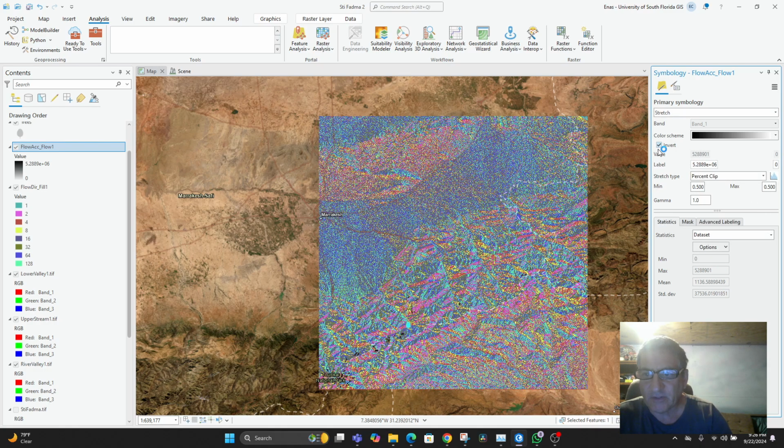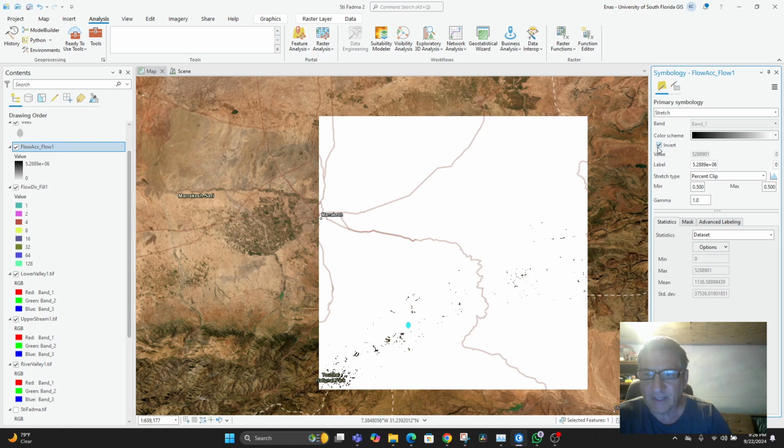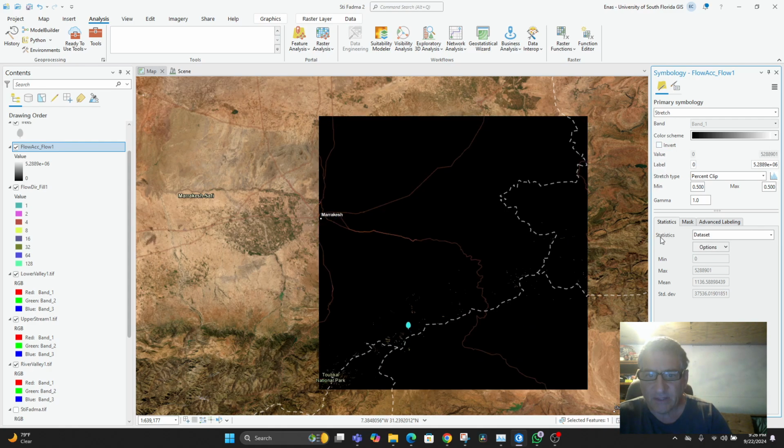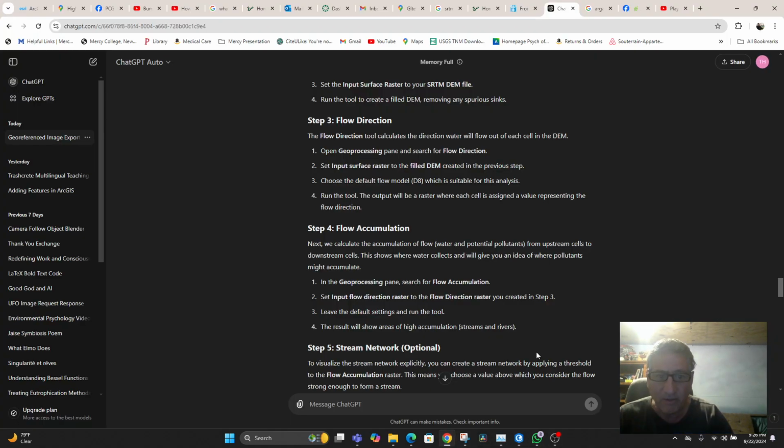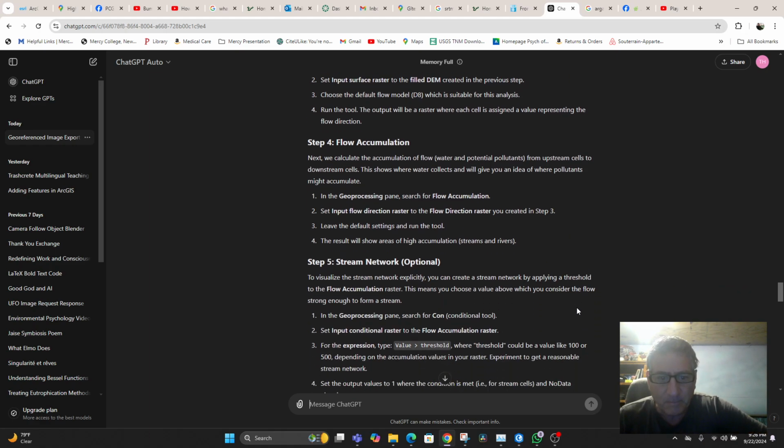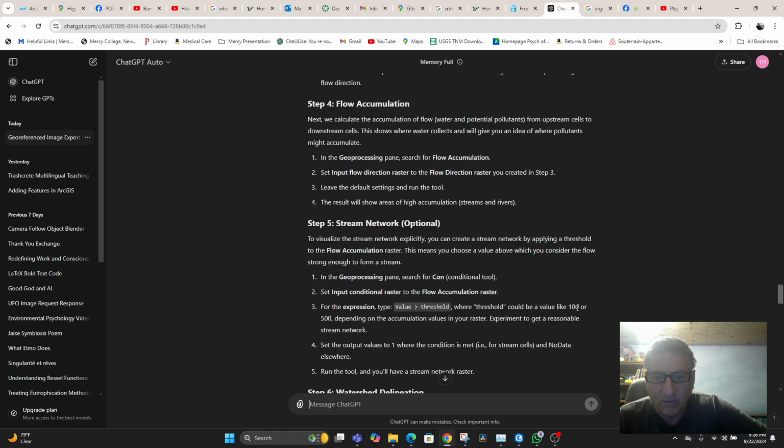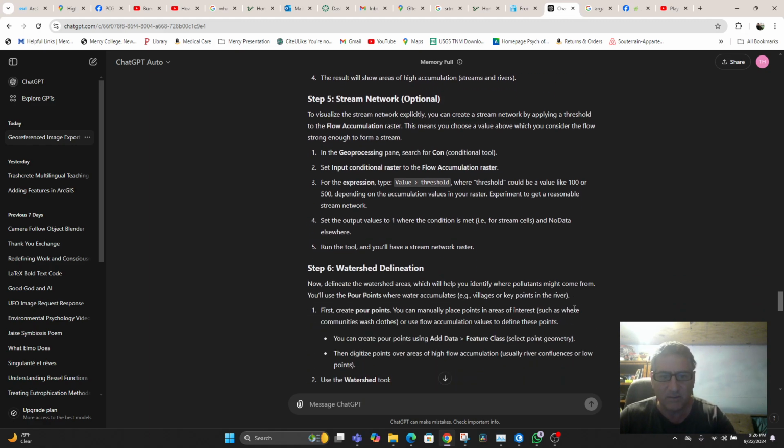Did an invert, it would be like that, but that's the overt. The overt invert, that's cute. All right, well, what do you want to do now? To visualize it explicitly, you can create a stream network by applying a threshold to the flow accumulation raster. Choose a value above which you consider the flow strong enough to form a stream. In the geoprocessing pane,